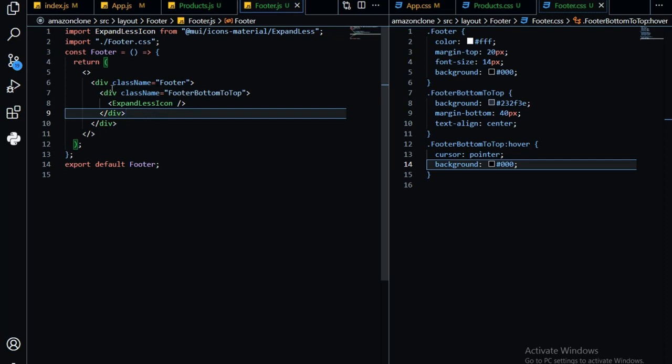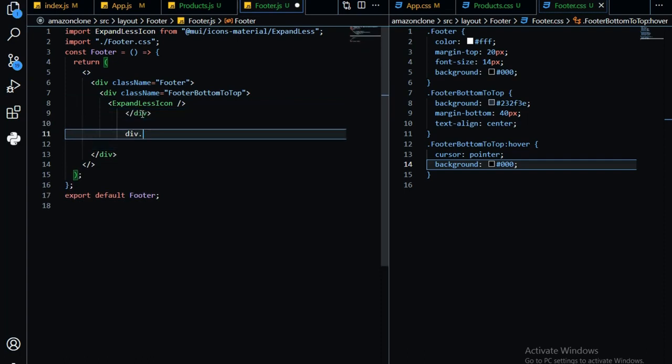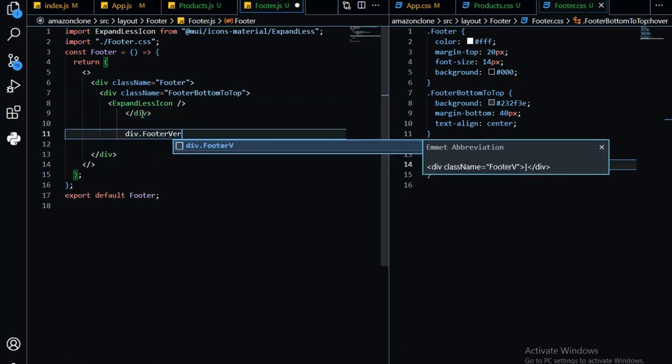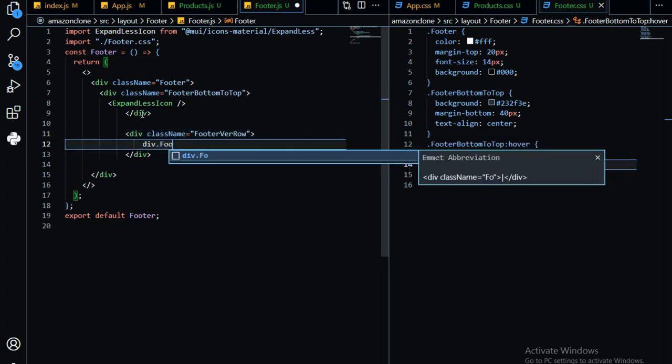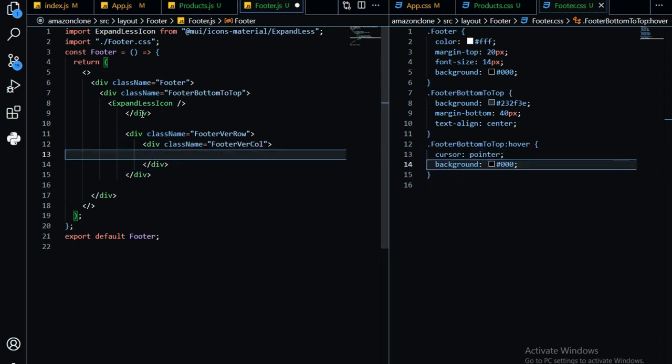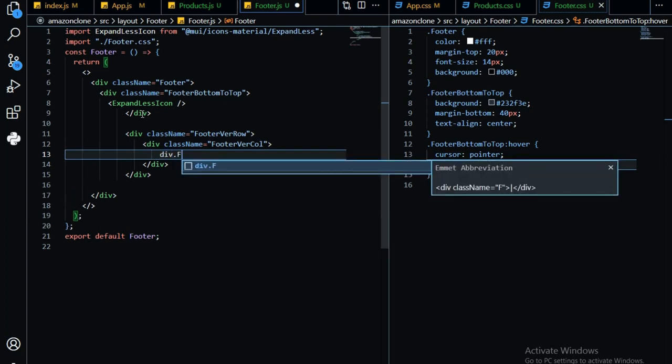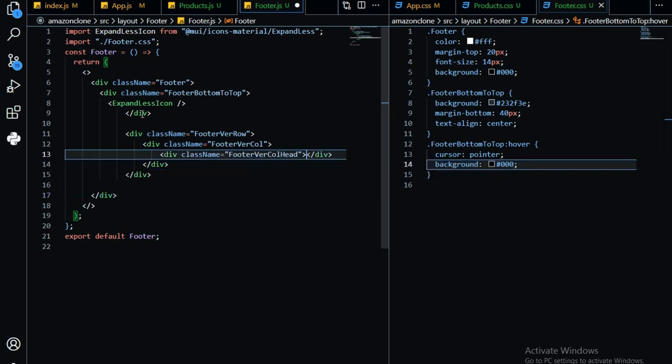For that, I'm going to close outside of this div and making a div with the name of footer var row. Basically we are working footer vertical rows, and inside it footer var call. Hope you understand guys why I am taking these classes. Such type of name, div.footer var call head, and it's inside it